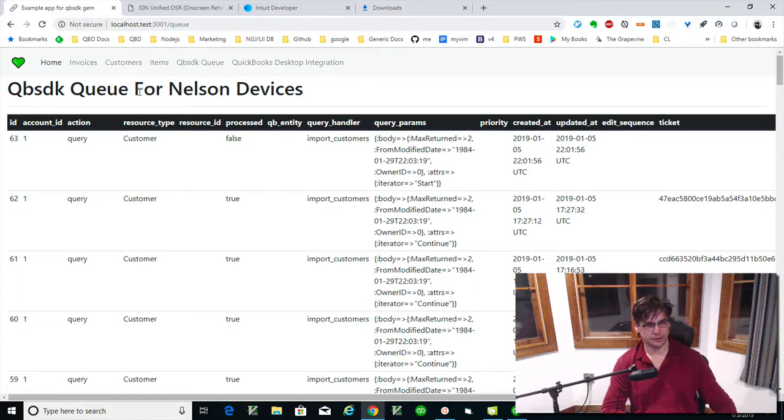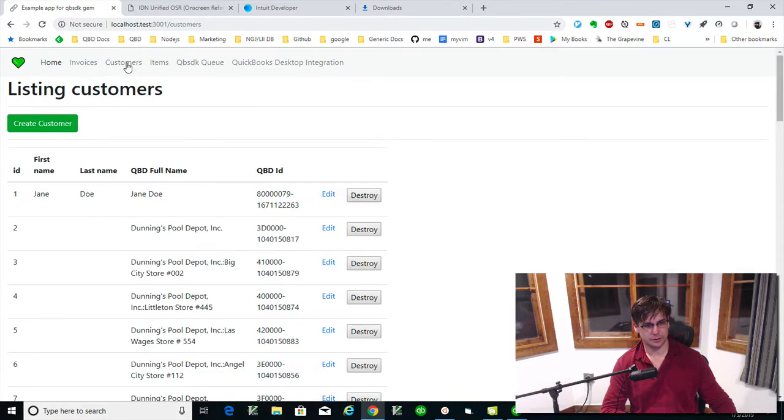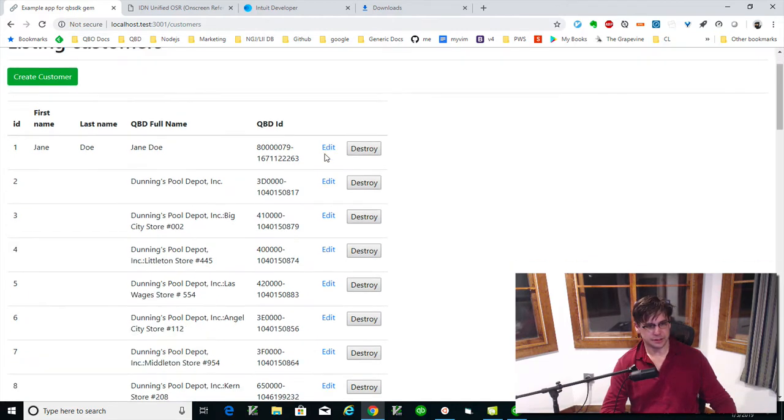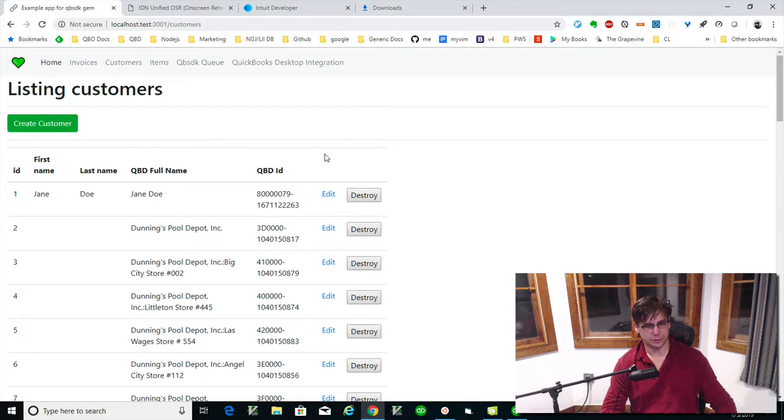Okay, now we have the customers imported in, and here's very basic bare bones. I want to go over a very, very important thing. Now, it is very vital to